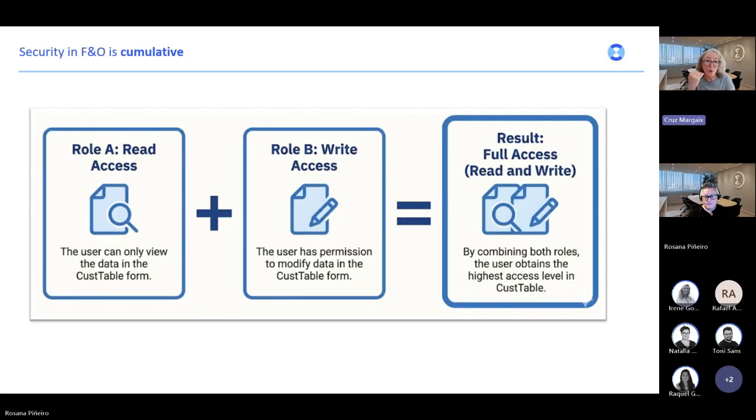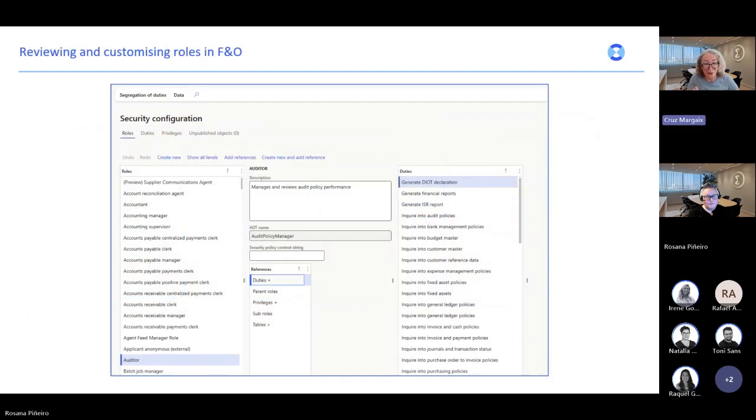So this user will be able to not only read, but write. And this is important when configuring the security assignments and also when determining the licenses.